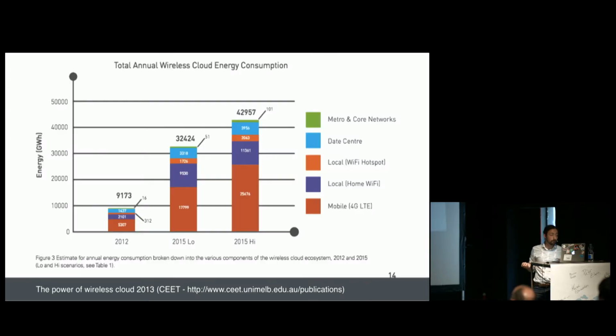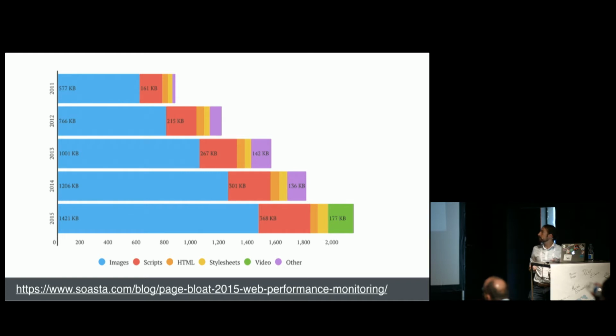And this is growing quite fast, because as we move to mobile, we end up using way more things like 4G. You can see this graph from 2012, with the low and the high scenario. You can see that 4G usage is greater than all of the usage from just 3 years ago, and we're growing at that speed, continually. So we've got a problem here.